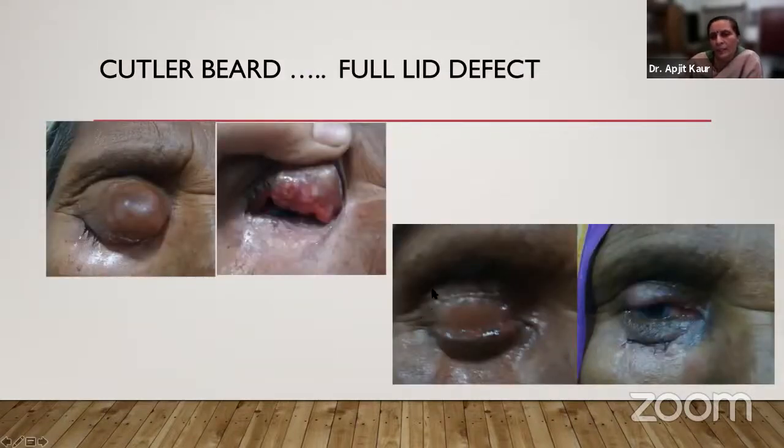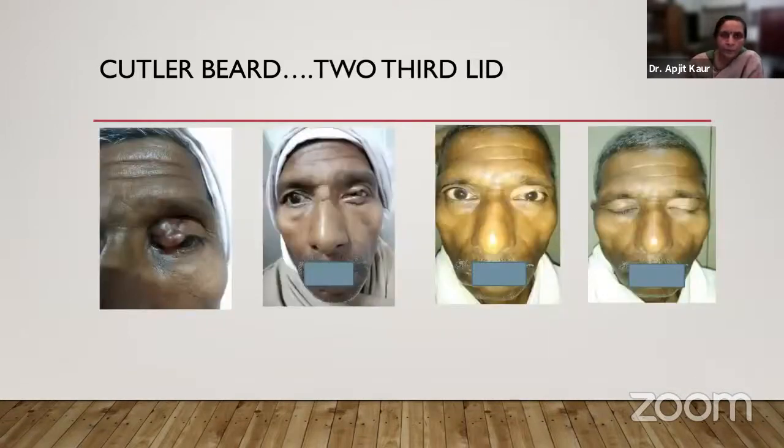You see, look at the size of the lid defect. But because this is old skin, it is very forgiving. It can stretch and accommodate a lot of defect. Two-thirds of the eyelid here was involved. Angled it a little laterally, medially, and you see what a beautiful contour and result. There is a little hypopigmentation, but the patient wasn't bothered by it.